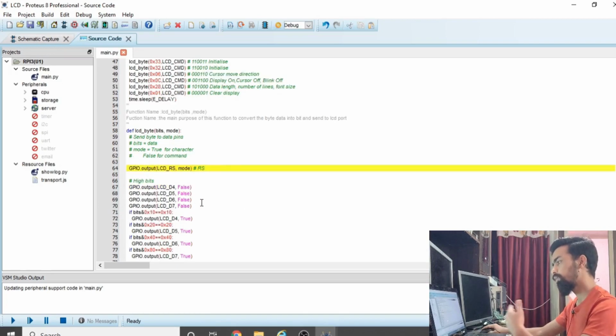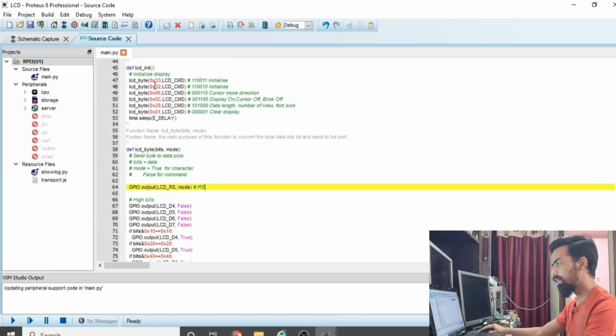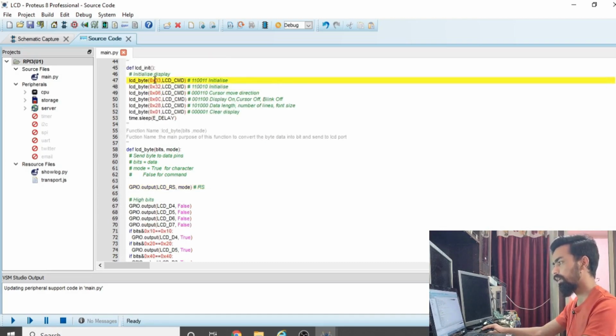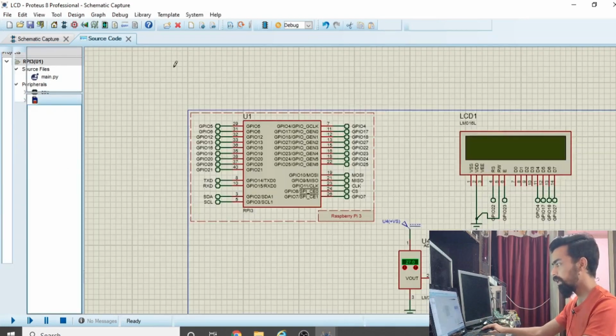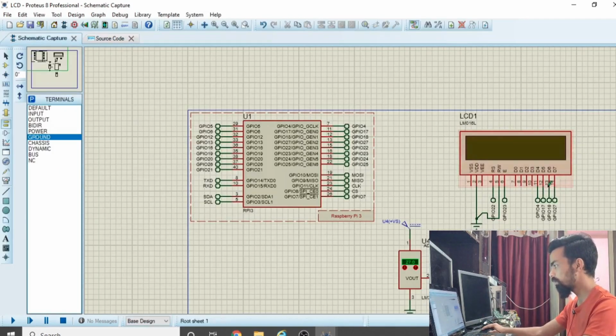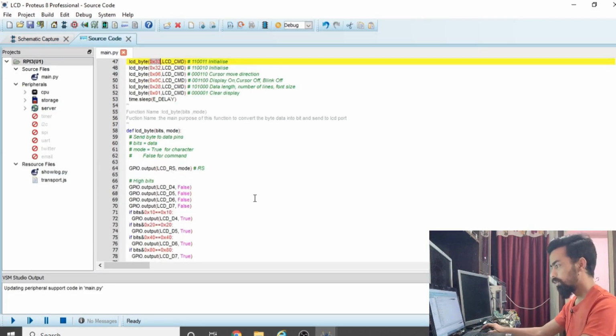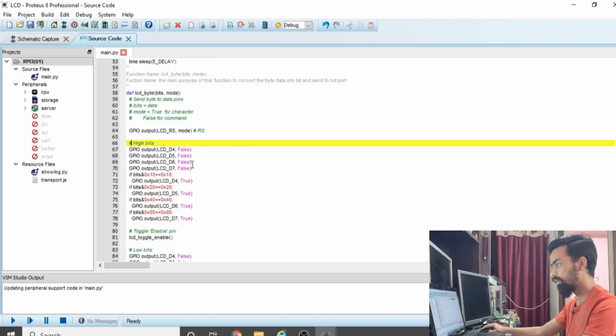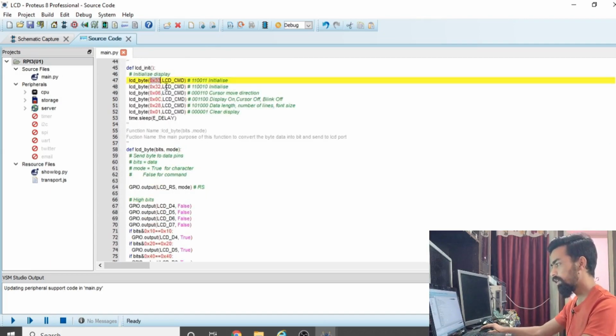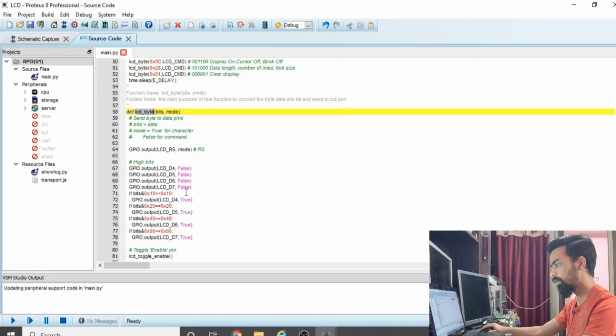Then after that we have to send the data. This is 8 bits of data, but in our schematic we use only 4 data pins. So we have to segregate our data into 4 bits, and for that we use another logic. Once the value 33 is sent to lcd_byte, it comes here.